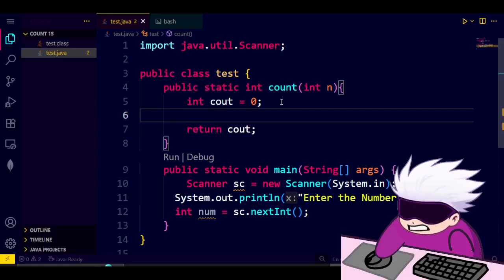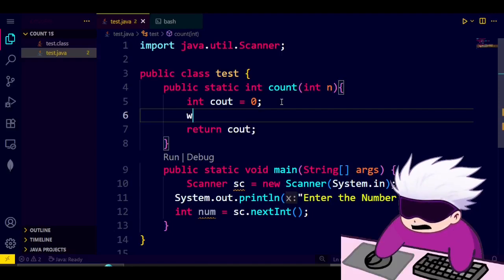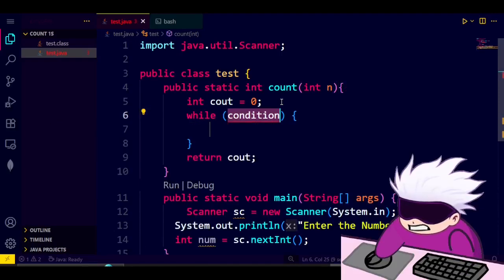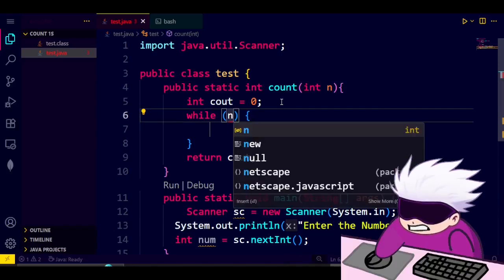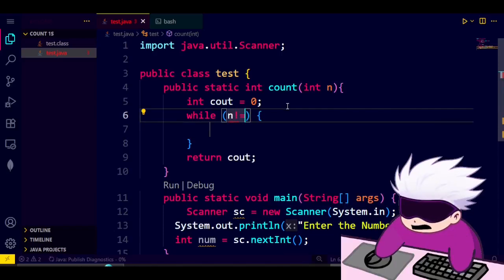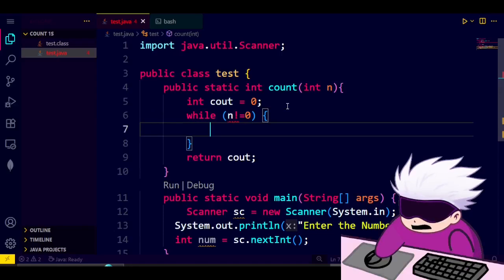Now let's dive into the logic. First thing, we just have to run the loop until our number, that is n, becomes 0. Now first thing, we have to get the last bit of the number.